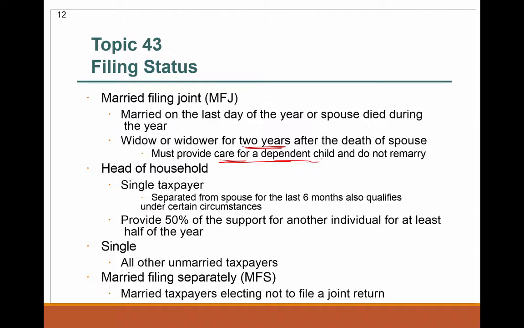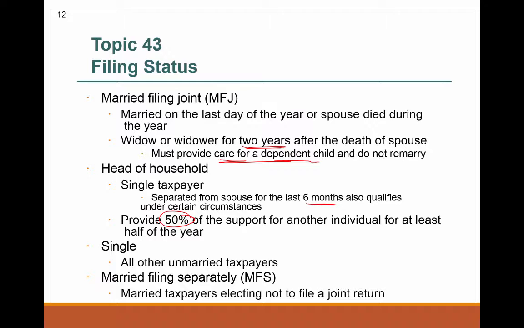So this is where the filing status gets tricky. So if you had just 2 people that were married, there is no dependent child, so they can't claim the widow status. Head of household is for a single taxpayer, and it's separated from spouse for the last 6 months, but you also qualify with other circumstances. But you do provide 50% of the support for another individual for at least half of the year. So head of household, you have a single taxpayer, you're separated from your spouse, but you provide 50% of the